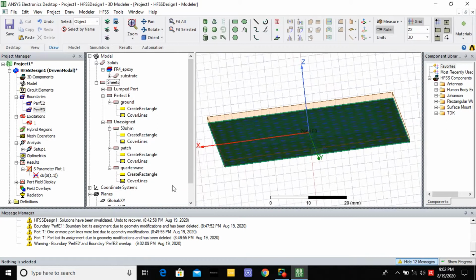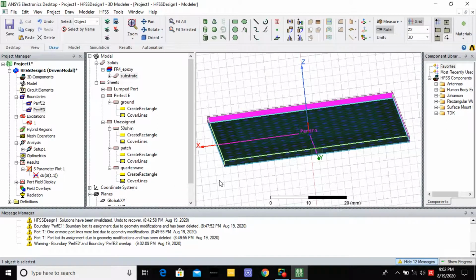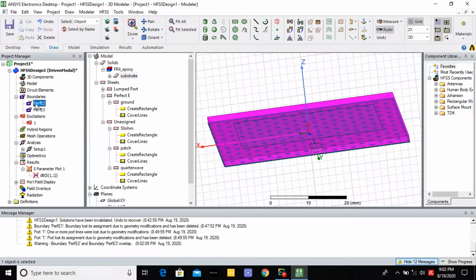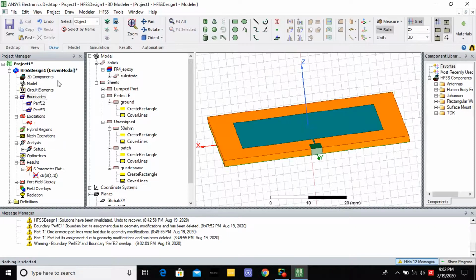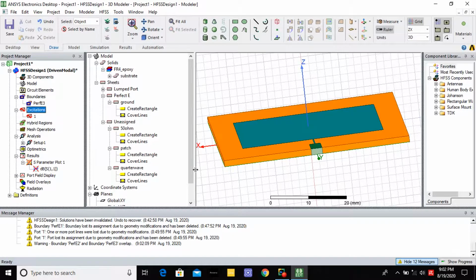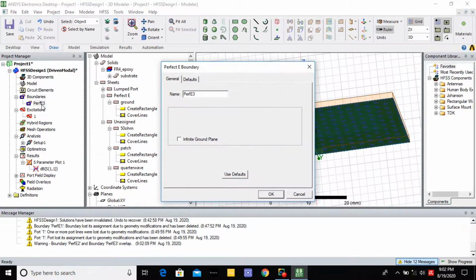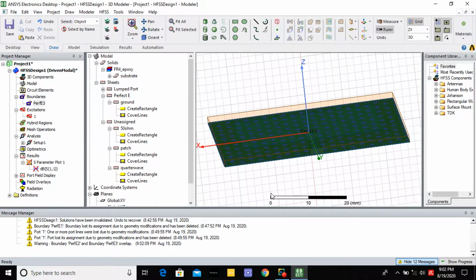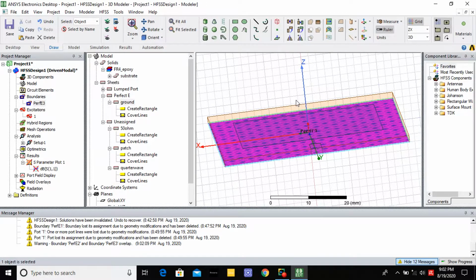You give Control D. You delete perfect E2. This is already assigned. You delete this one. Okay. This perfect E3 is the ground, assigned for the ground conducting layer. Then you have to assign that patch also conducting layer.